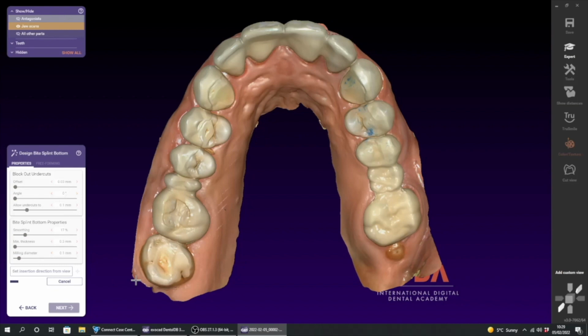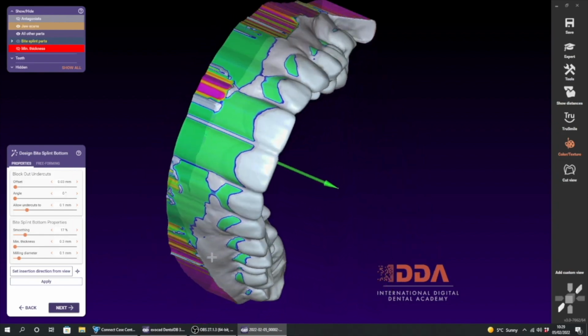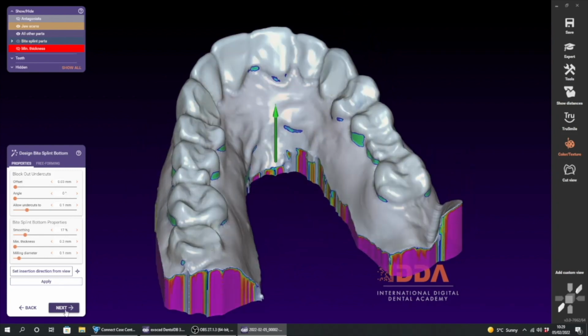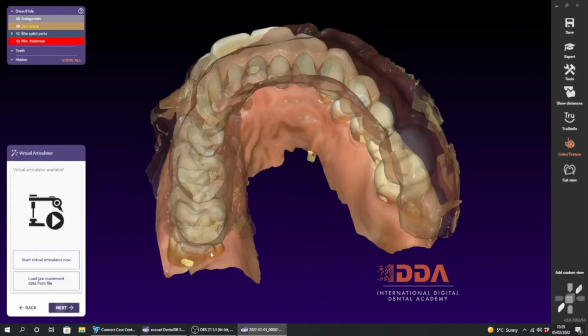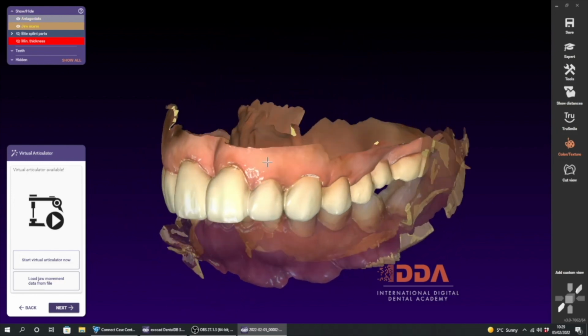So it will design the bottom first. What it means with the bottom is the actual fitting surface onto the teeth. And then once it's designed this, if you're happy with how it looks, there's not much you can change here except if you change the angle of placement. But you can see the areas that are highlighted in green are where there are undercuts, according to that angle of placement, which is from your occlusal view that you set up at the beginning. When you look at this,